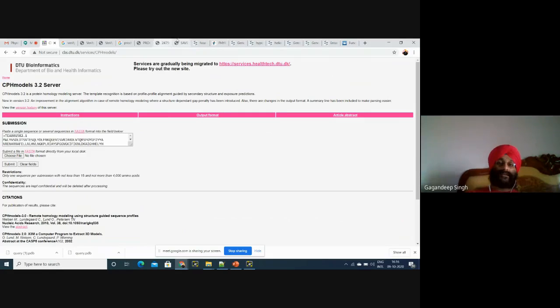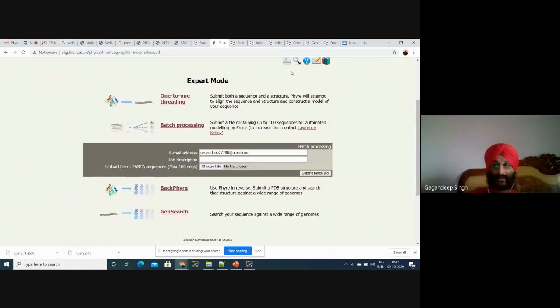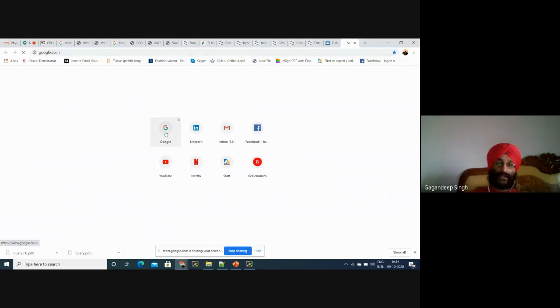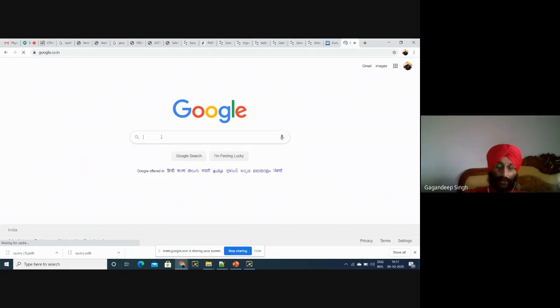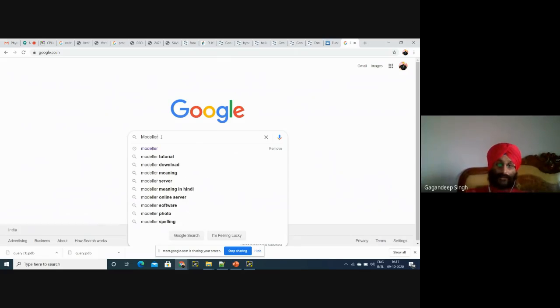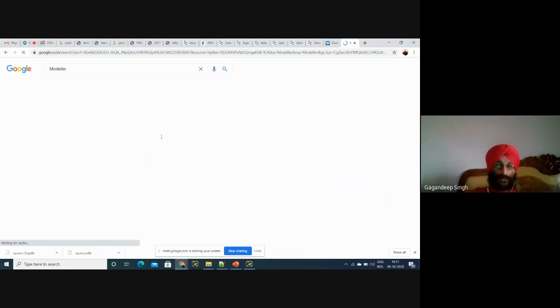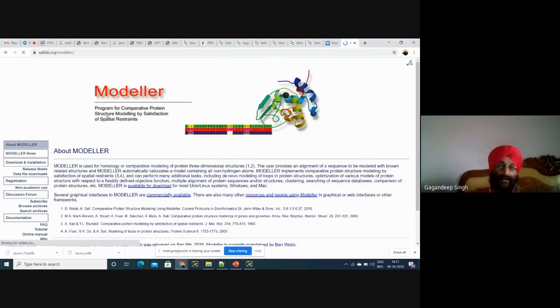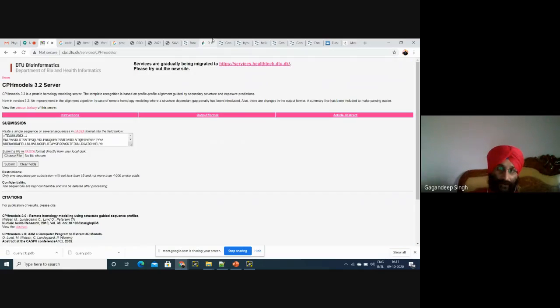And the third method is a manual method known as MODELLER, which is a good software, a very big thing. We will also verify our modeled proteins by using CPH and Phyre.